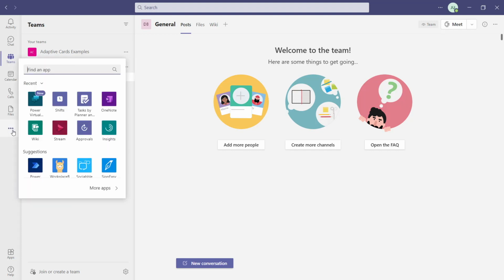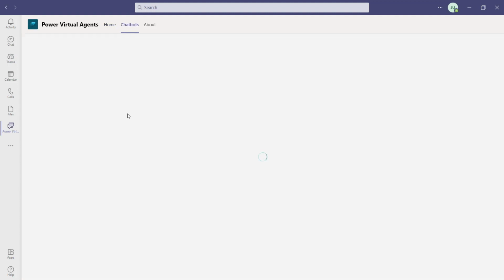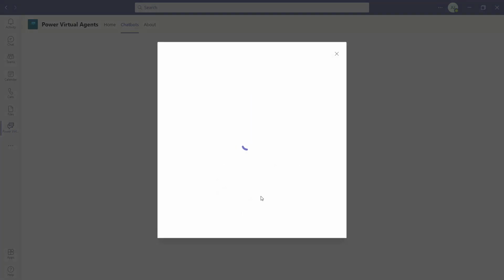Now if I click on these three dots, you can see that Power Virtual Agents has been installed, and if I click on that, it's going to open the PVA application. If we click on chatbots, this is where all of your chatbots will be listed. On the left hand side, there's nothing here at the moment; it will list all of the different teams and all of the chatbots that exist. But because this is a new environment, it doesn't have any chatbots. If you click on the new chatbot button,